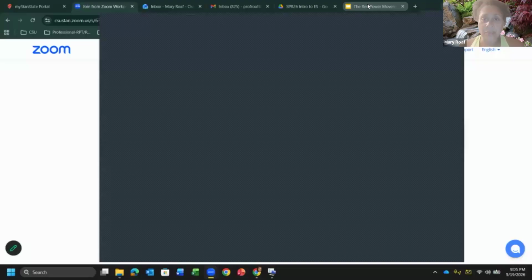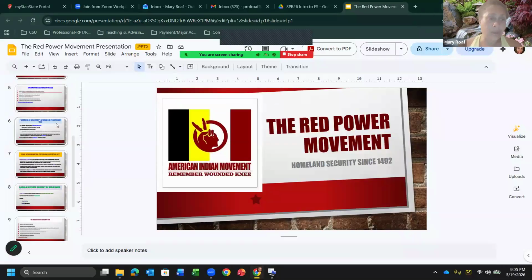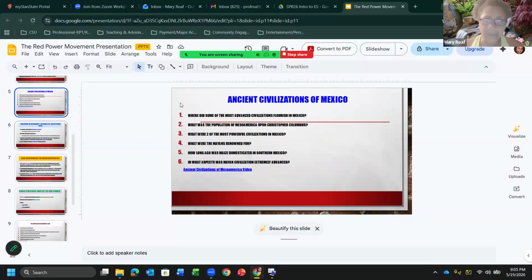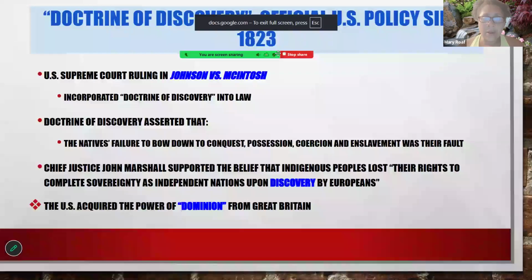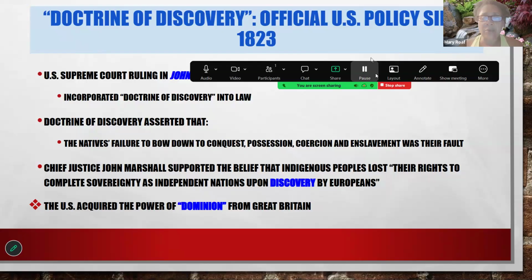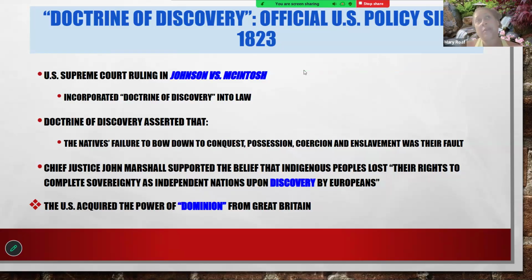Okay, so for part two, we are going to jump right into the Doctrine of Discovery. To summarize the Doctrine of Discovery, this has been not only the official policy of the United States since 1823, so we have to understand that this is